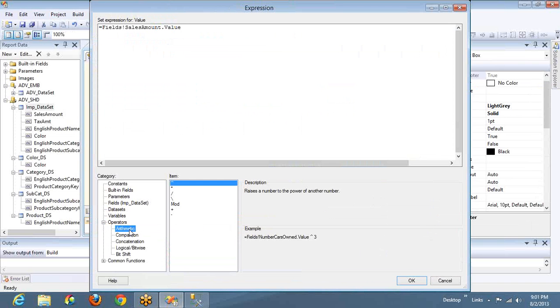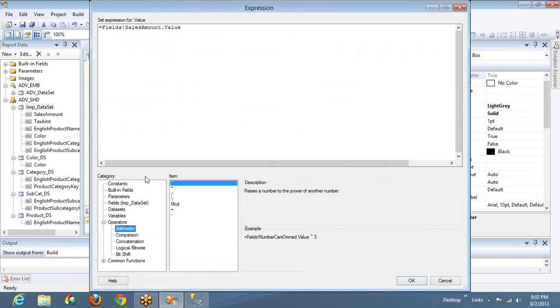You can see arithmetic operator and comparison operator, concatenation operator, logical, bitwise and bit shift and so on. This arithmetic operator means it will check... all these operators are used while evaluating the function, mainly used while an if condition is written. If something is greater than, if mod of something,